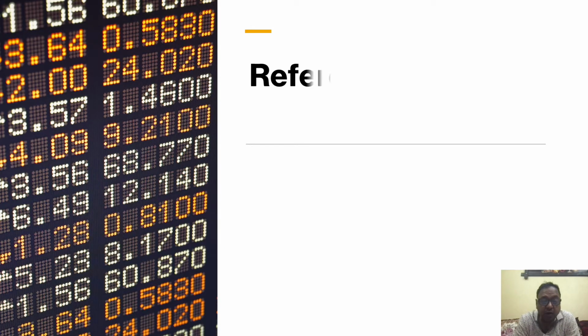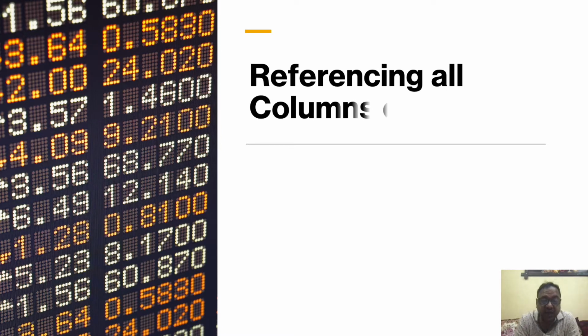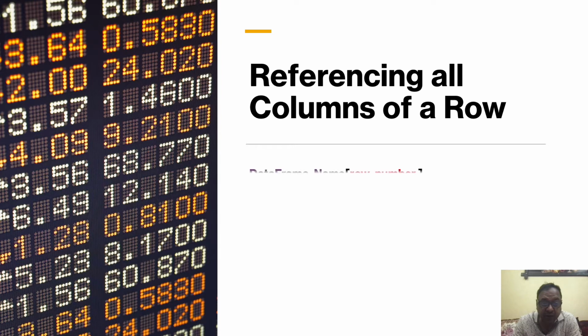Next we look at what we will do when we want to see a complete record. So we have seen that we can give the row number and the column number. Now what is possible is that we can give either the row number or the column number. Now to see the complete record, we can only give the row number, but the important thing is that you need to follow it up with a comma. The comma indicates that this is the row number and the column number has been left empty. So the syntax is the data frame name and within square brackets give the row number followed by a comma and then close the square brackets. So we see an example of this.